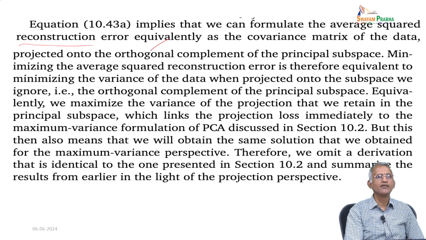Minimizing the average squared reconstruction error is therefore equivalent to minimizing the variance of the data when projected onto the subspace we ignore, that is the orthogonal complement of the principal subspace. Equivalently, we maximize the variance of the projection that we retain in the principal subspace, which links the projection loss immediately to the maximum variance formulation of PCA,